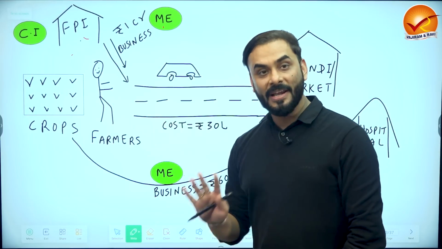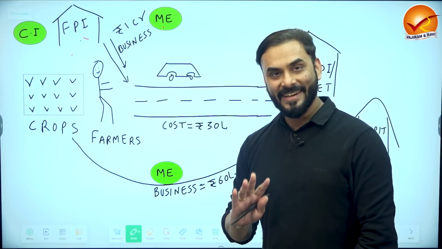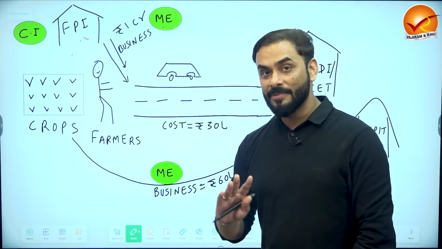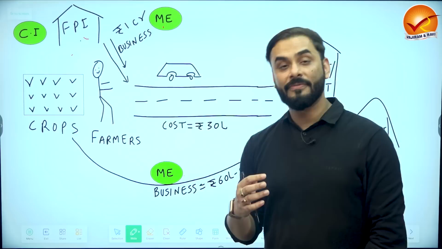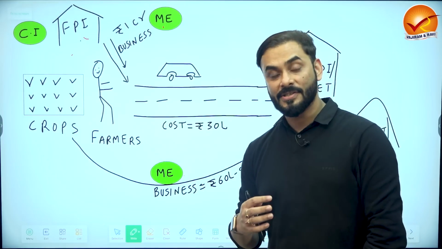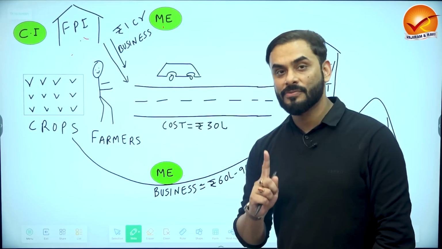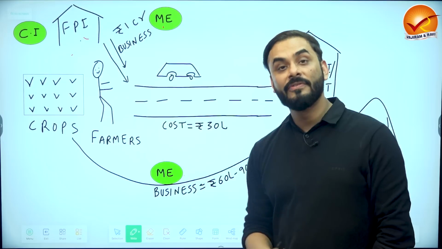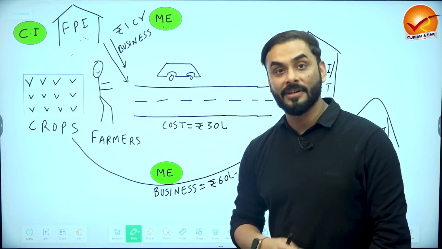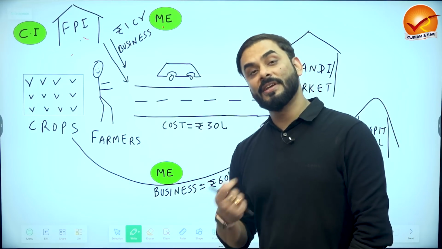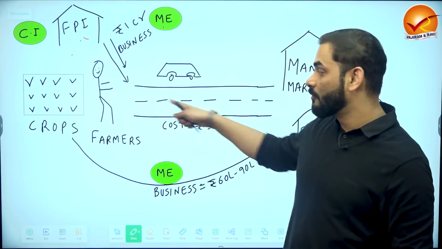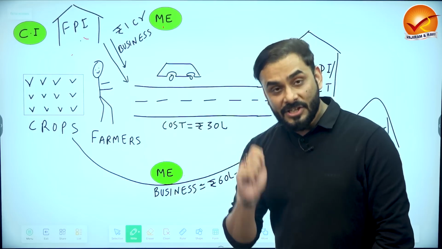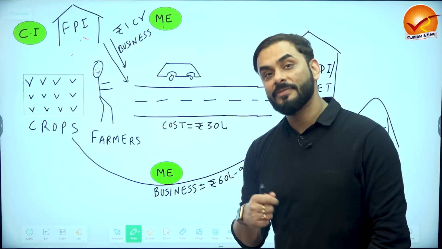See, this farmer has a family, this farmer has kids. Earlier, these kids were not able to come to the nearby school or nearby hospital for treatment. If, God forbid, if they suffer from any sickness, etc., they only had one option, which is a local village hospital or primary healthcare center. Now they can come to secondary or tertiary healthcare center. They can also attend good schools and colleges because they can use this road for that. This phenomenon is called as positive externality.